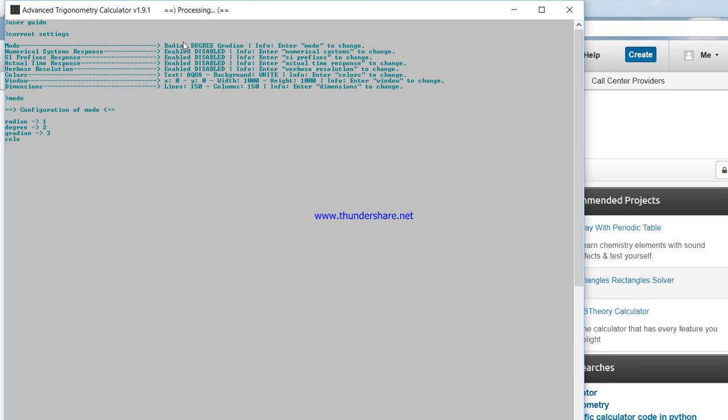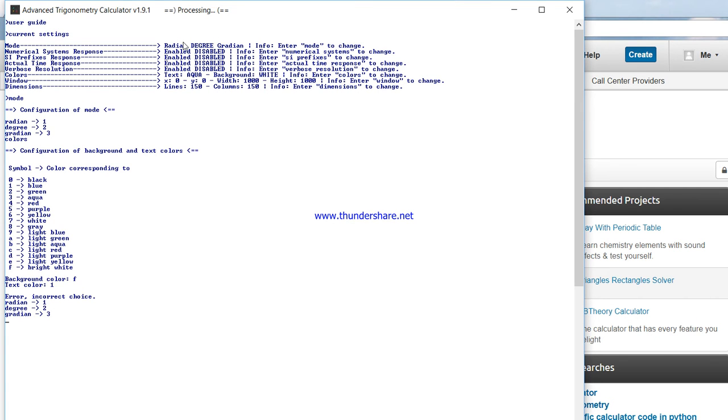Colors, for example, we change. Now I want bright white, and I want blue. Let's start. Now for example, I want mode degree. Okay, now I can see the current settings,